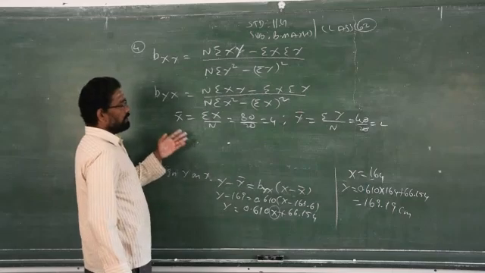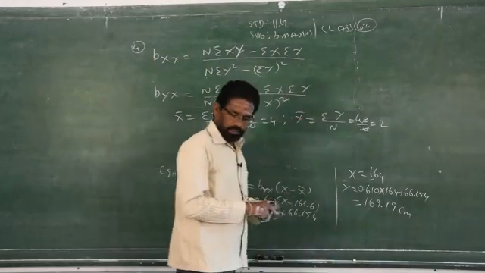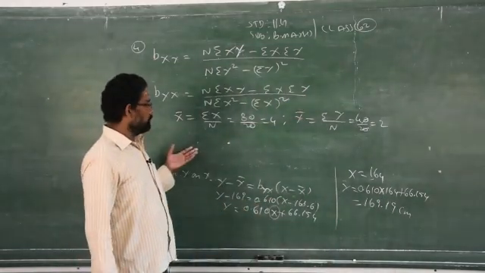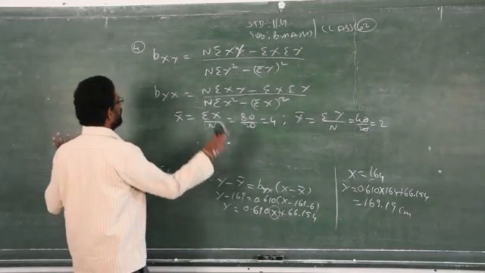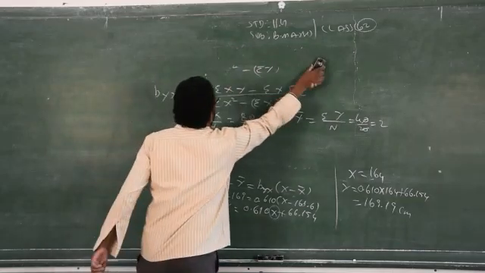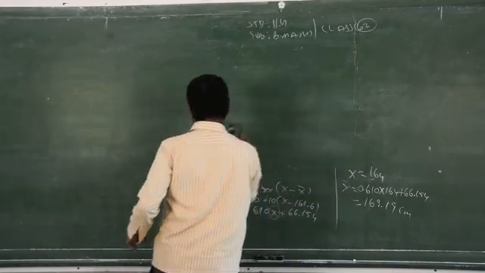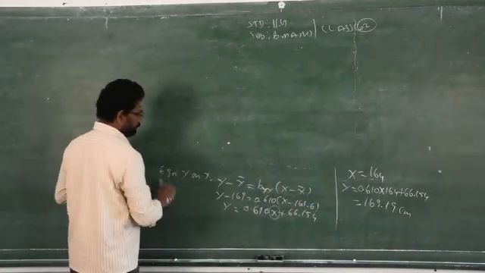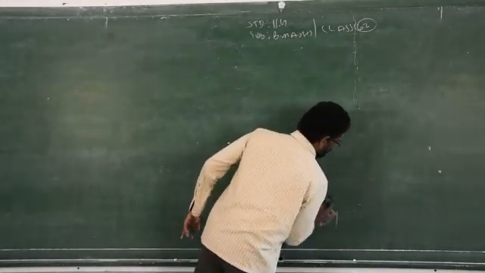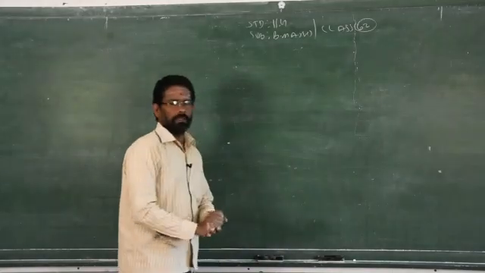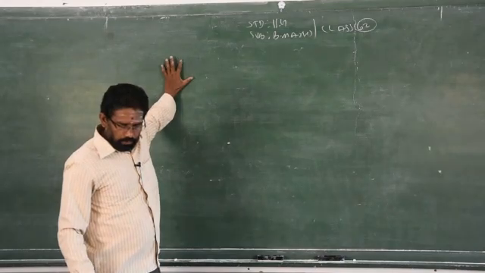Now we will go to sum number 5. Please, I am giving this as homework. Actually, if it is a regular class, then I will ask you to do most, 90%, of the problems in the exercise in the classroom. But it is YouTube classes. Please complete this one at home. Clear? Don't simply leave it as it is. When you come to the school, you have to submit your fair note. Any incomplete work will be a problem for you. So, please complete this work. This is not a pure mathematics one, this is just for calculation. Use a calculator, simplify and substitute the values and find the equations of x on y and y on x.